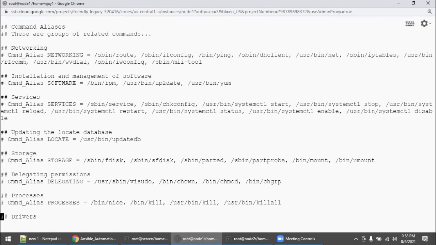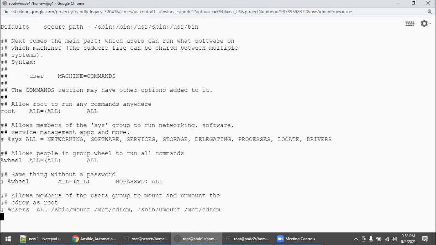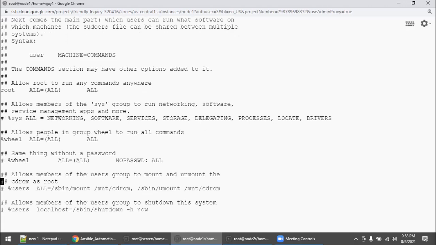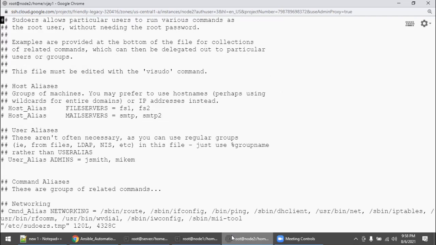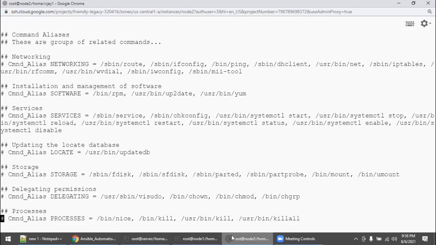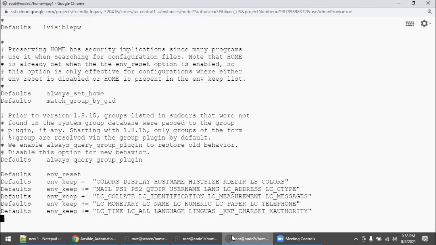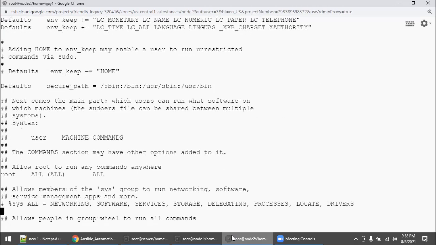If you have a functional user ID in production, just stick to the functional user ID. So go here, press insert, paste, and save it. And the same way, node 2, visudo command, go to the same place, and paste it.